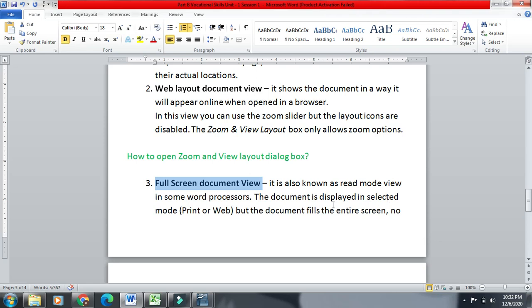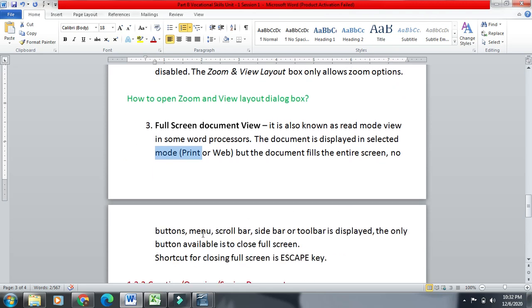So it is available for both views, either print or web layout. But the document fills the entire screen. The whole screen is taken. No buttons, no menus, no scroll bar, no sidebar or toolbar is displayed. The only button displayed is the one to close the full screen. And if you want to close the full screen using a shortcut, you can go for the escape key.